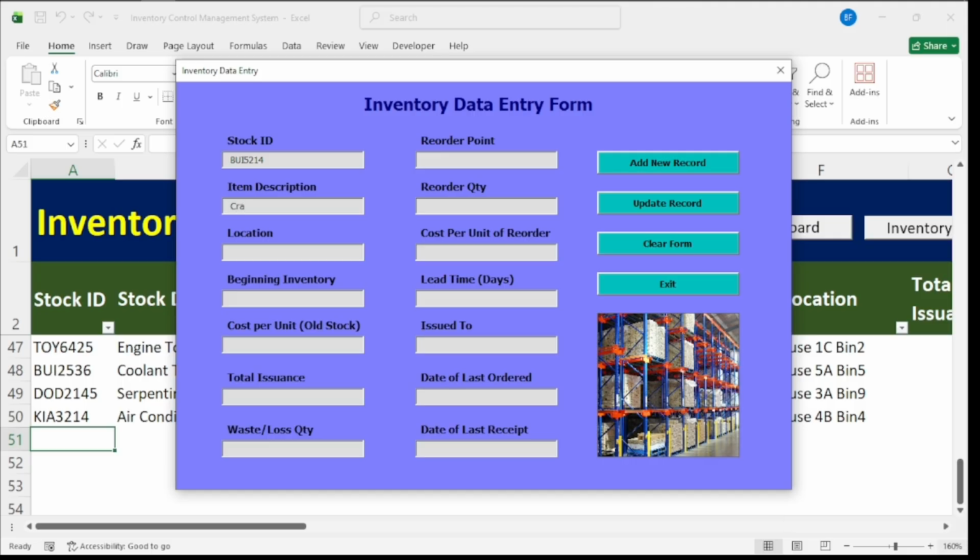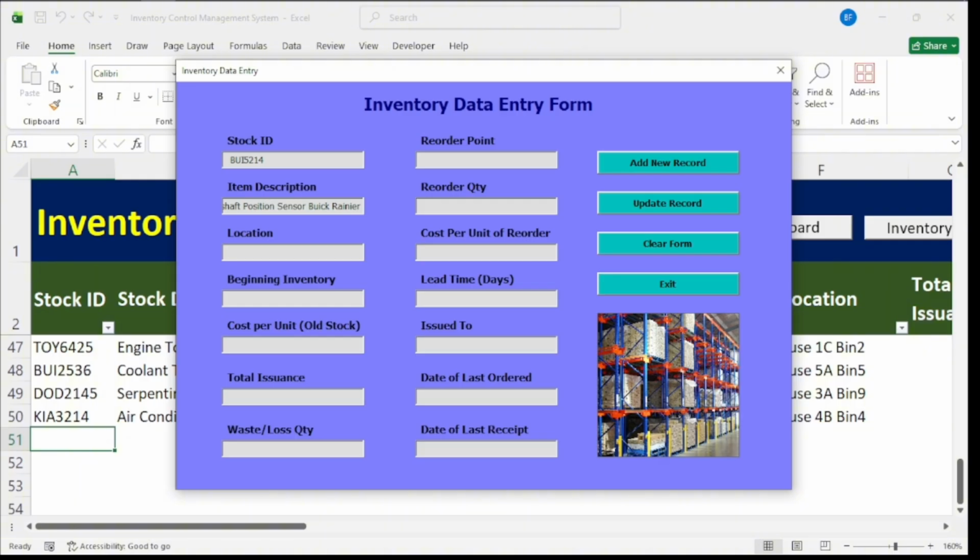Okay, so that would be for the crankshaft position sensor. That would be crankshaft sensor, position sensor, for Buick. That's why the stock ID starts with BUI. That's the prefix. Rainier. All right. Then tab,